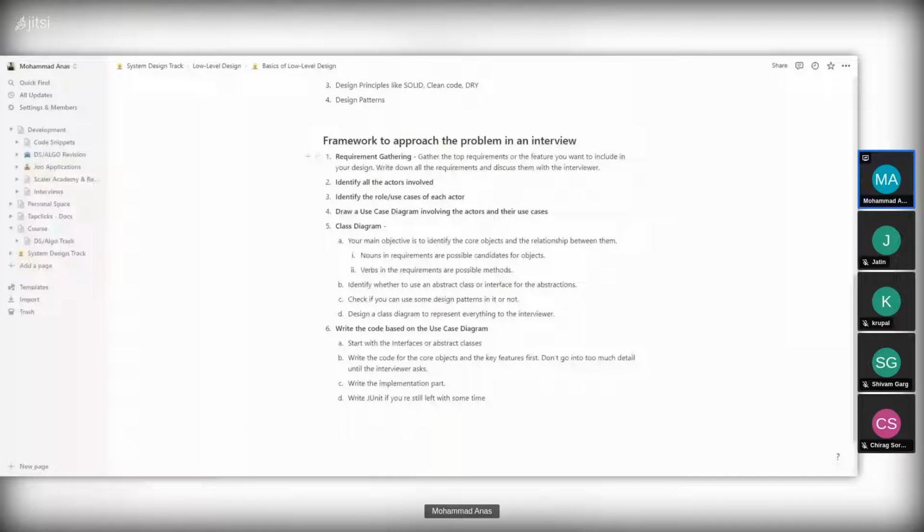So that would lead us to define what sort of functionality, what sort of method you need to have for each of the actors. Let's say, for example, we are designing a school management system. So we have students, we have identified teachers, we have identified HODs. The functionality, the method of the students will be like every student will be supposed to be enrolled in one particular class, and every class will have certain subjects, and every student will be mapped to a certain class, and every teacher will be mapped